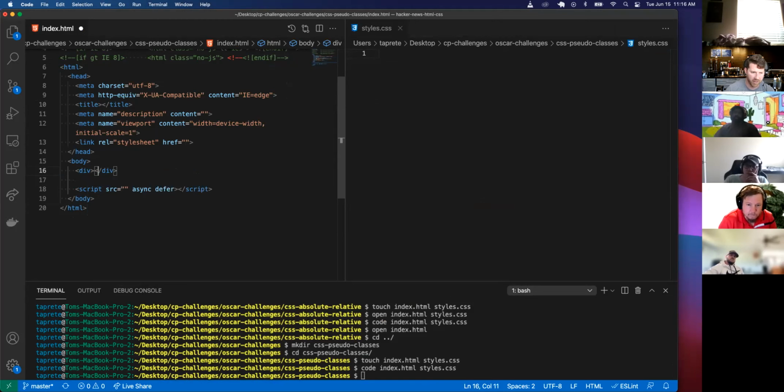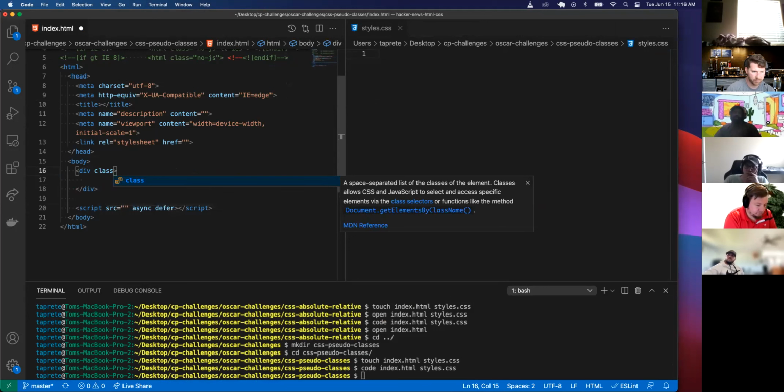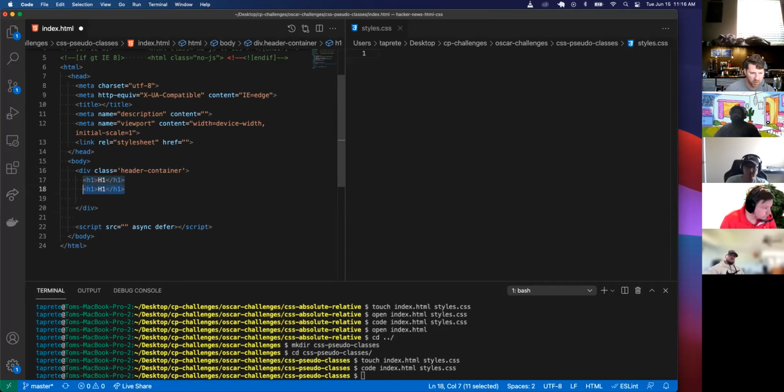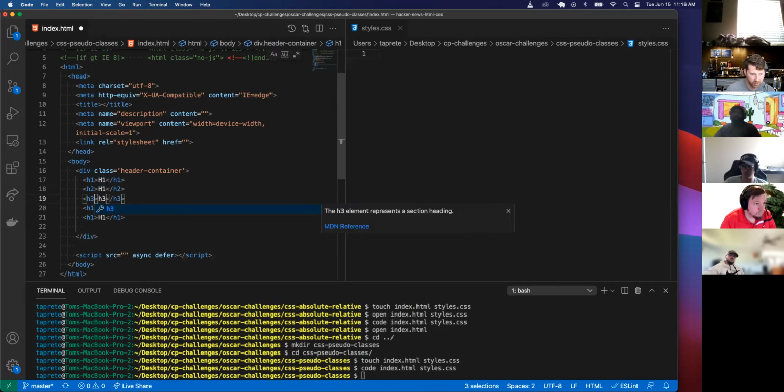And again, feel free to follow along. So I'm going to create a class called header container. And then I'm just going to create a bunch of H1 tags, H2 tag, H3,